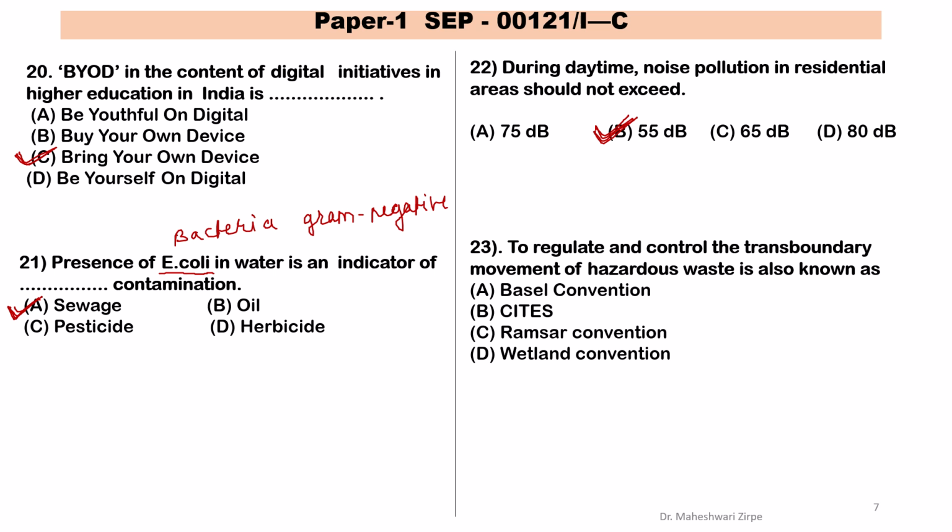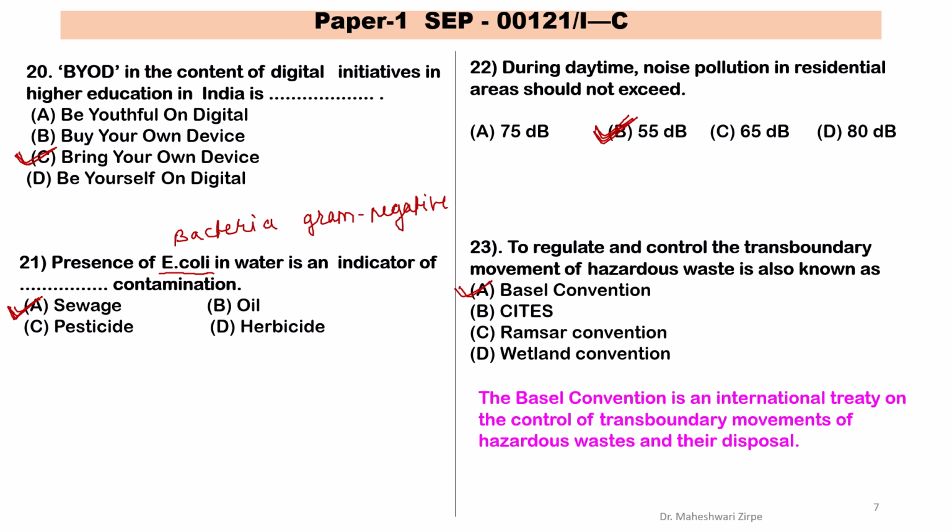Now next question is, to regulate and control the transboundary movement of hazardous waste is known as dash. So here you will find that there are different hazardous waste. So here the transboundary movement was called as Basel Convention. Okay, Basel Convention, that is option A is the correct option. Basel Convention is an international treaty on the control of transboundary movement of hazardous waste for their disposal. Okay, students, this also you should know that Basel Convention is an international treaty signed by